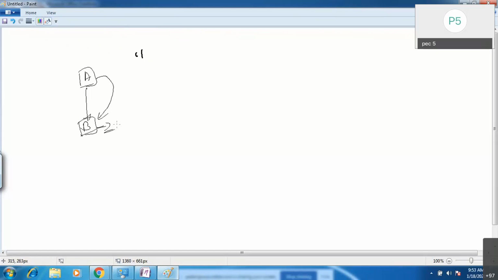This A class is the base class, and B is the derived class, or subclass. All the base class members you can reuse inside B, and this is reusability, and you can extend your classes, extensibility.